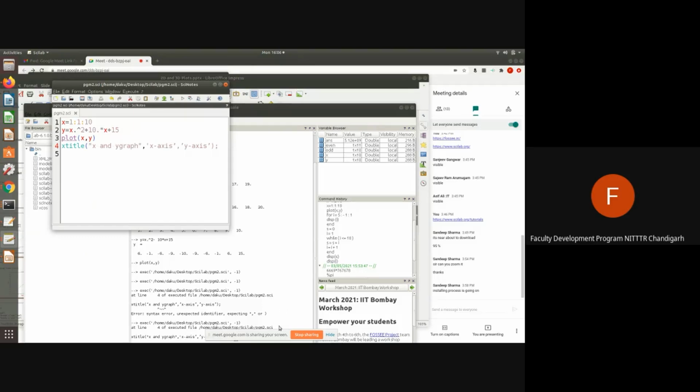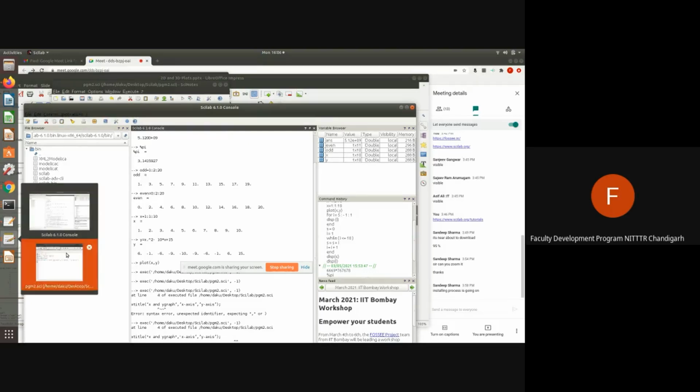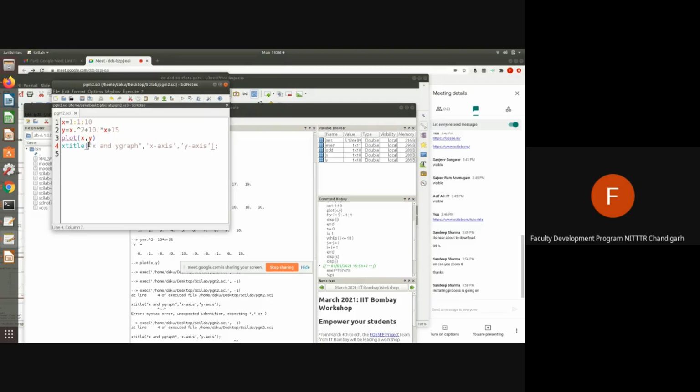And if there is no output, you can see on the console, you will get the output. So it's showing here at line number 4, of executed home. There is an issue of xtitle, axis, and this. And here we can give